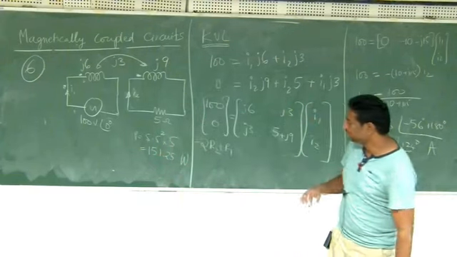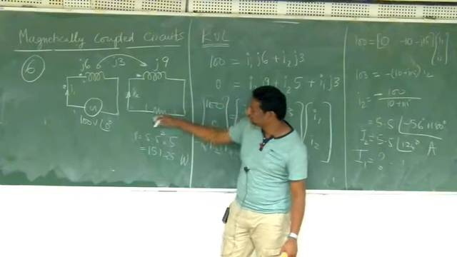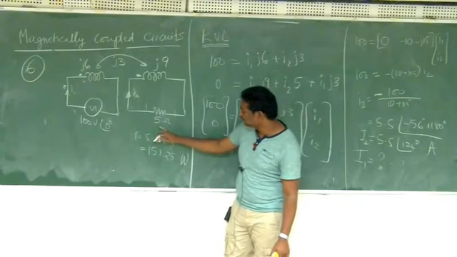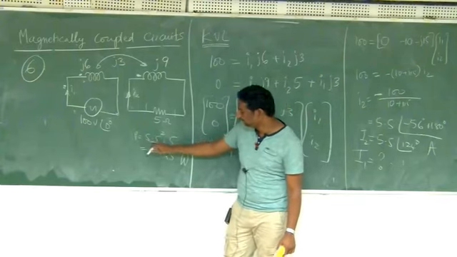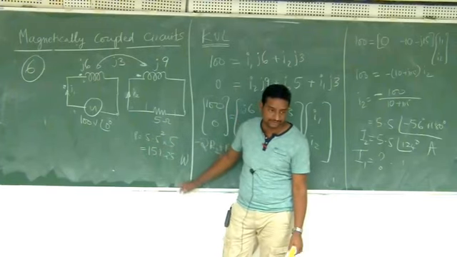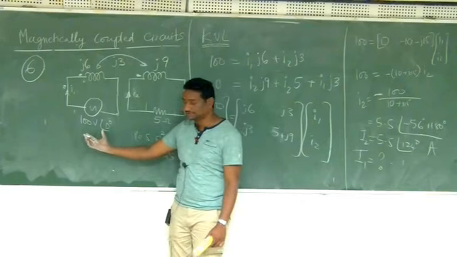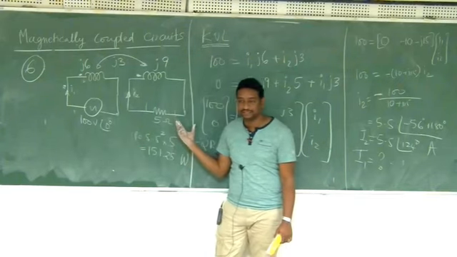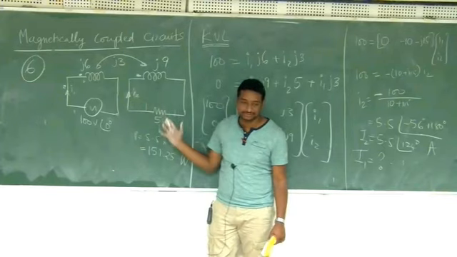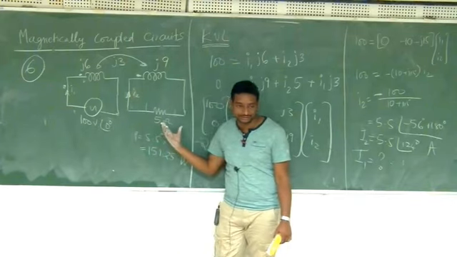Okay. So you notice another thing. What is the voltage drop here? What is the voltage drop in this resistance? So I into R. So 5 into 5.55. Okay. Approximately 27 or something volts. Okay. So 27 volts. See, actually my supply is 100 volts, but my load requires only 27 volts. So I can use this kind of mechanism to convert a high voltage source to a smaller voltage source.